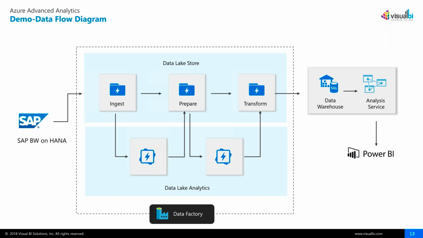We're going to transform it out of the SAP structures and into dimension and fact structures. This helps us easily move that data out of our Data Lake Store and into our data warehouse. Once in the data warehouse, we've built a few SQL Server views on top of these tables, and that just helps us get that data ready for the next layer, which is our semantic layer, or Analysis Services. Those views just do some simple things, like renaming some columns to make them more legible, things that the semantic layer is going to provide.